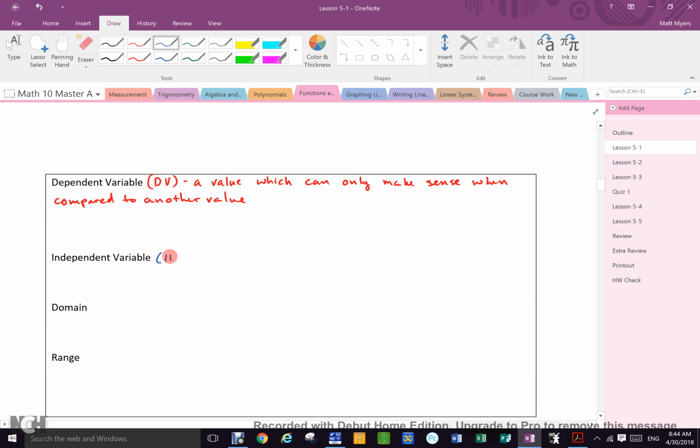Obviously, the independent variable, the IV, is a value that can stand alone. I like to say that the independent variable is the one everybody can see or share. So let me give you an example of this. Right now, I'm thinking of a kid in this room. Do you know who that kid is? No, you do not. So it's variable, right? It could be any kid in this room. Agreed? But as soon as I say I'm thinking of Max, we all know what Max